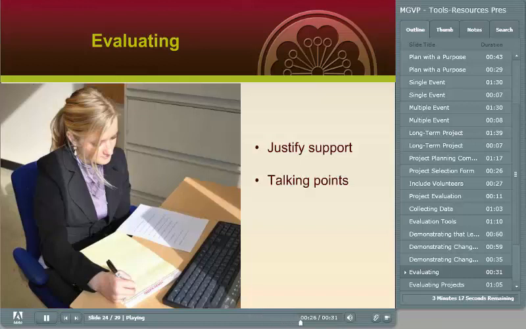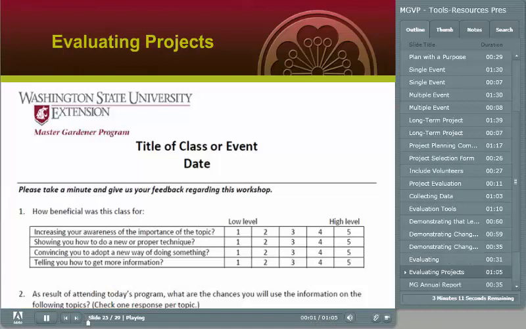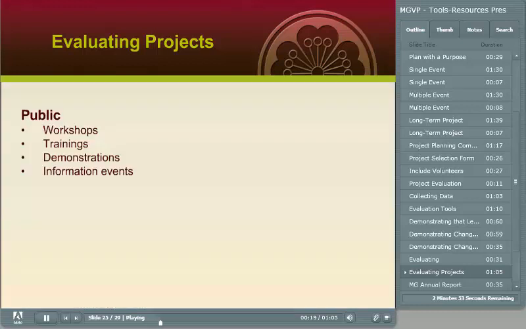You need to evaluate all aspects of your program. Evaluations help you to improve your trainings and workshops. There are many template evaluations available on the Master Gardener website under Tools for Program Management. You can evaluate public events such as workshops, trainings, demonstrations, and information events. Volunteer training evaluations include